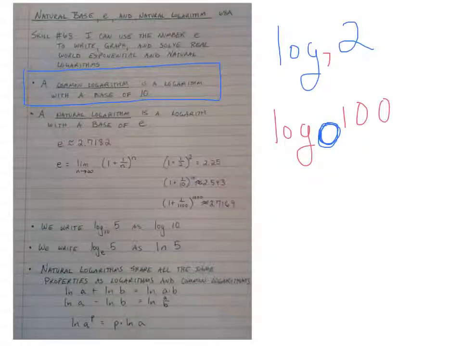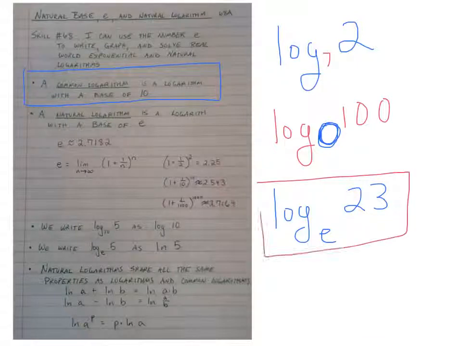We have another special type of logarithm, and that's a logarithm with base e. So if we had log base e of 23 we'll say, then what we have is actually the natural logarithm. So the base of e gives us what's called a natural logarithm. And e is a very special number. It's approximately